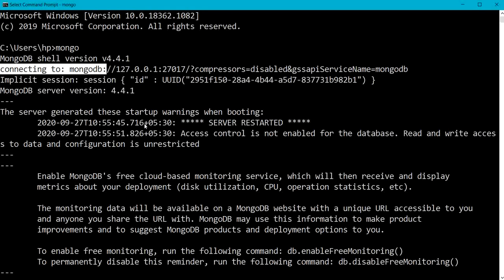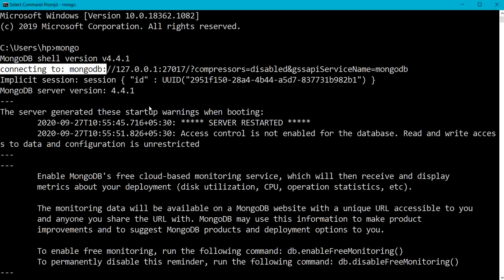Now let me start working on MongoDB. In previous sessions, we have learned relational database using MySQL. Now in this session, we are learning non-relational database using MongoDB, which is a NoSQL database.